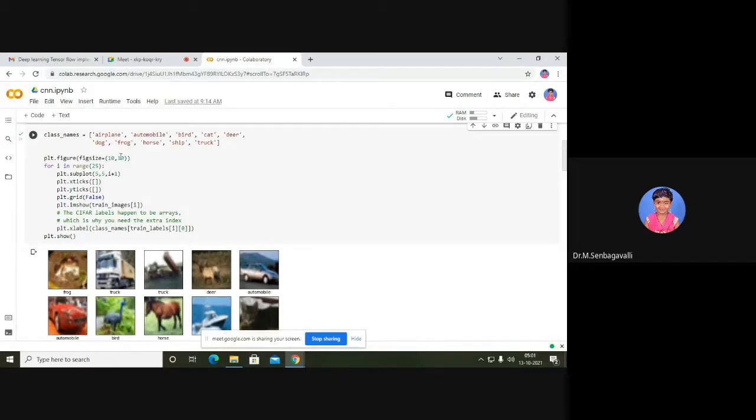The figure size parameters are purely a width parameter and a height parameter. What is the width of the figure? What is the height of the figure? If you want to make some changes, you can change them. And the ticks get or set the current tick locations or labels of the x-axis and the y-axis. Here we want to ignore the grid. If we include the grid, the figure will not be that clear. So I have set it to false.